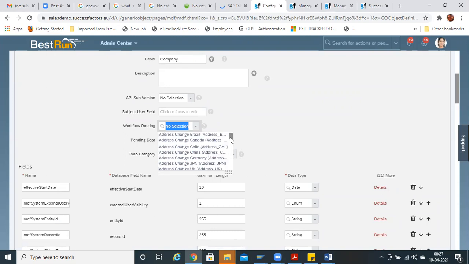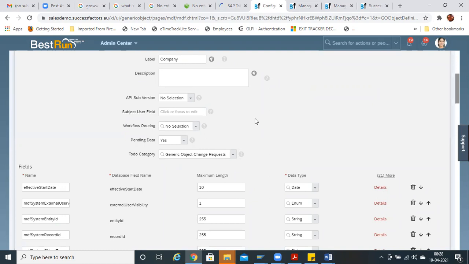For example, manager approval, if the manager needs to approve. This is basically for PMGM. So there are certain workflows over here. Workflow configuration is a separate section, which I'll show.